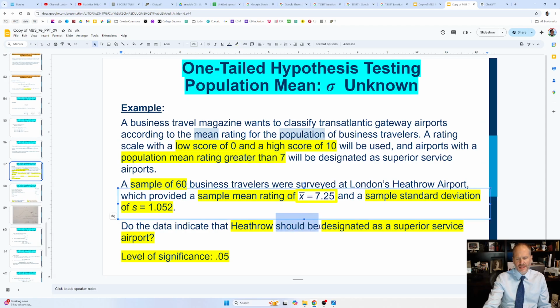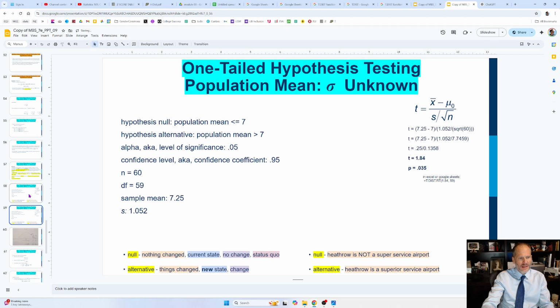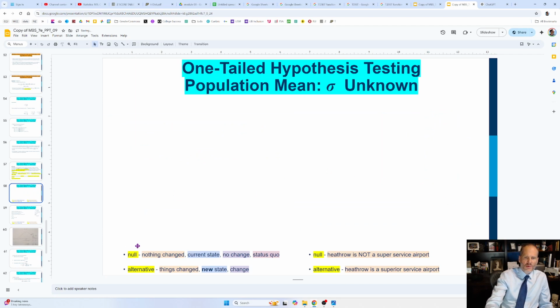Should be designated. They haven't been designated, and they're not looking to have their designation renewed. It's not like they're already designated and they're wanting to have their designation renewed. The question is, should they be designated? So I'm just going to delete all this stuff here. I don't want you to look at that just yet. And what we're going to look at down here is creating the